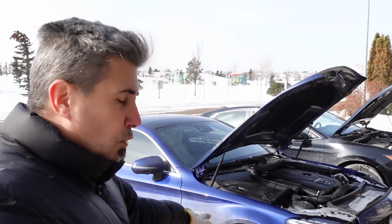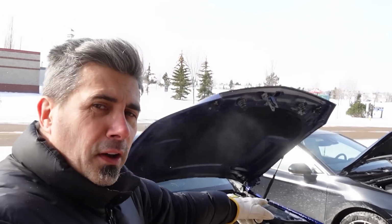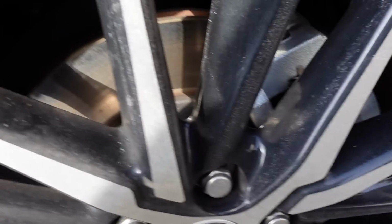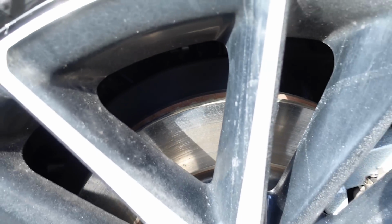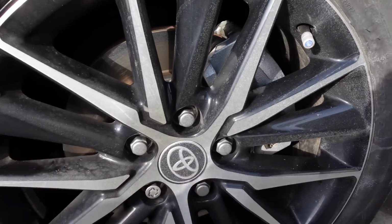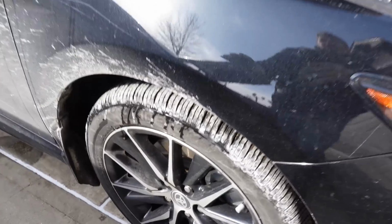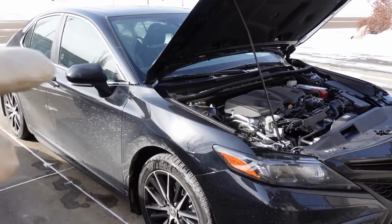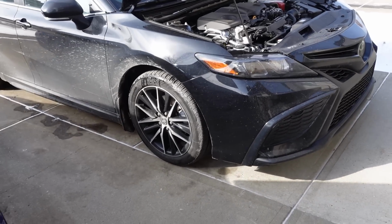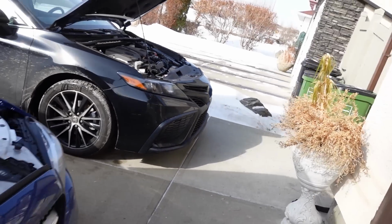Another element to the driving experience with the luxury cars is typically associated with brakes. Let's take a look at the Toyota brakes, and it may become a lot more clear to you as well. Down here in the Toyota, you typically see these little brakes. You can see the little brake discs through there. They're basically just ventilated, but they're not cross-drilled. In other words, there are no holes in them, and they're quite small in diameter. They'll do the job you ask for, but they could warp in extreme conditions. If you're doing a lot of aggressive driving or maybe some mountain drives and you have to use the brakes a lot, they could overheat quite easily, and they're definitely not a performance brake configuration